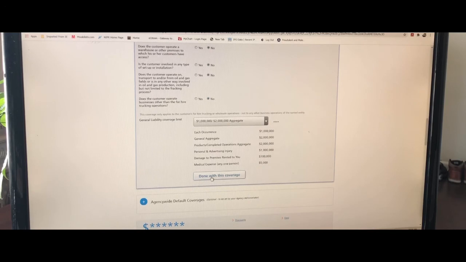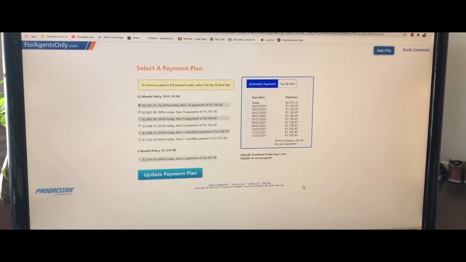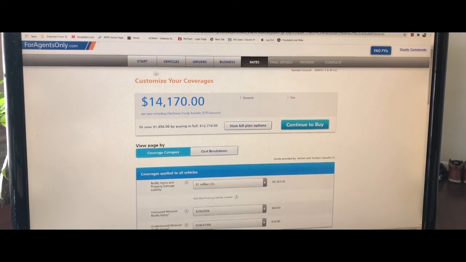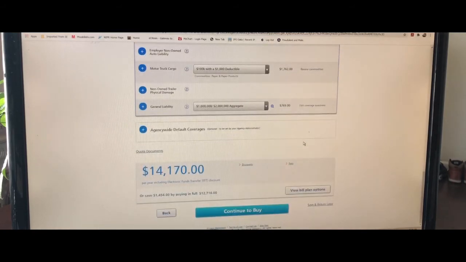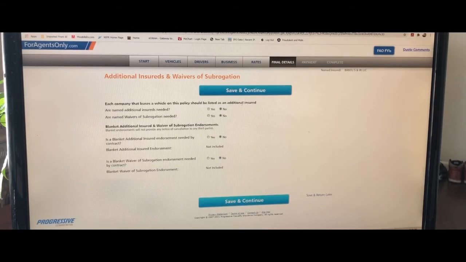Then once you are done with the coverages, this is what the billing plan is going to look like. It gives you an option to select the payment, and it's a 12-month policy. Total premium is 14,000, and this is how much it's been customized, the whole thing. And then once you are satisfied that this is what you want, I usually continue to buy. These are a set of questions. We are almost